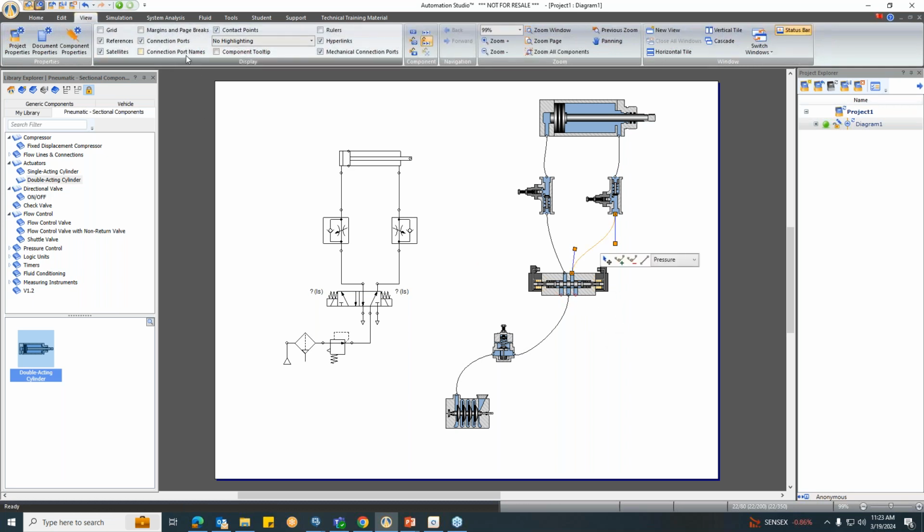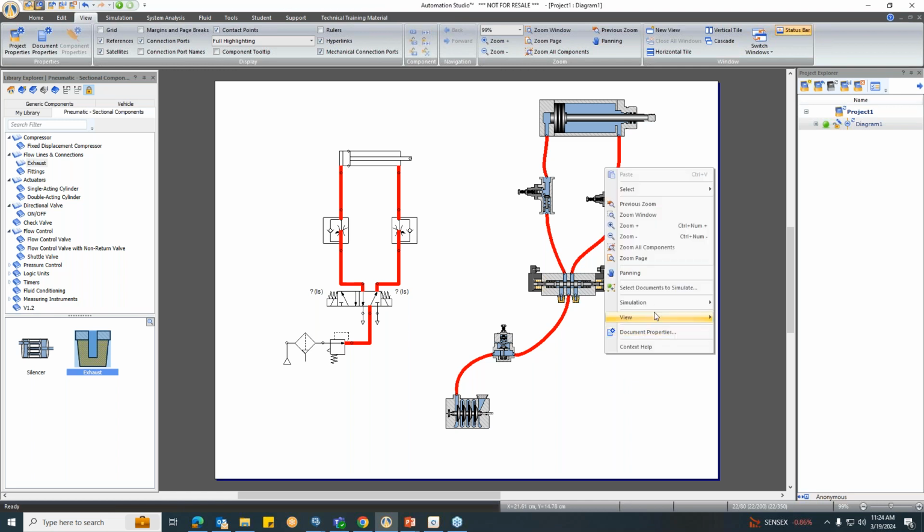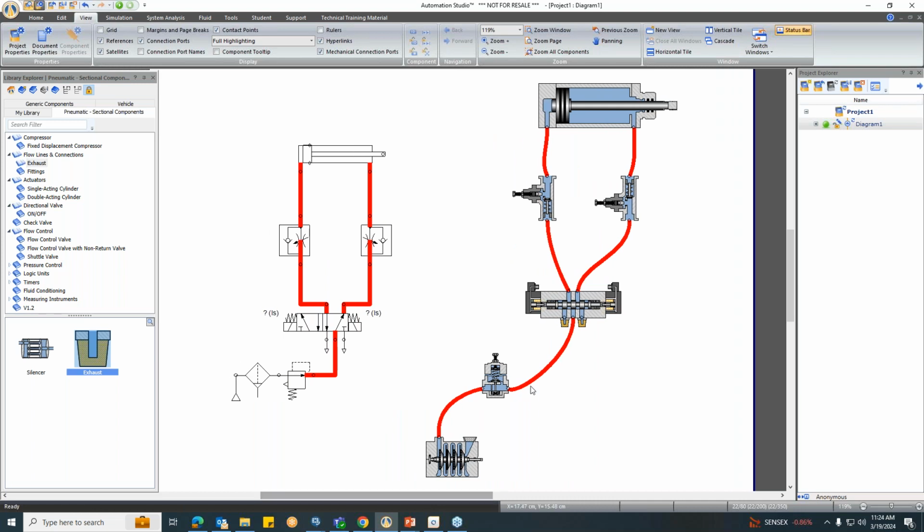I will go to the view tab and click here. It is no highlighting, so I will click on full highlighting. Okay, and again I will go to flow lines and connections. Click on exhaust. Okay, in this way. Okay, so my pneumatic circuit is ready with the cutaway